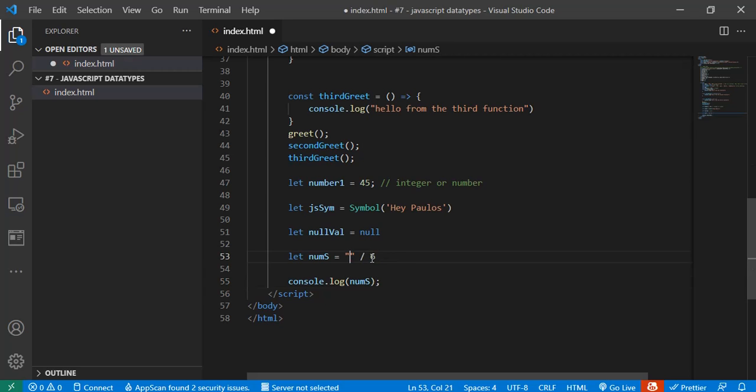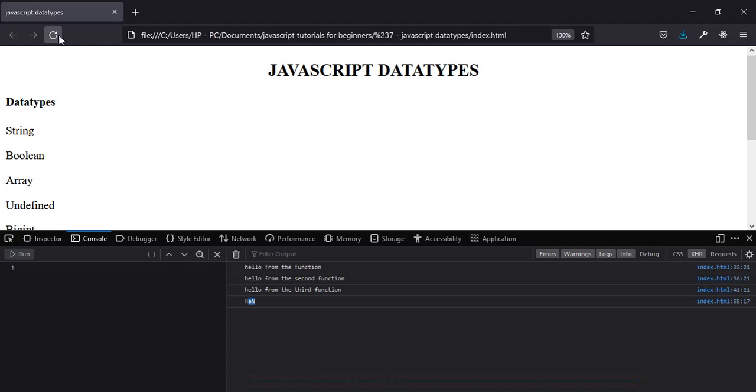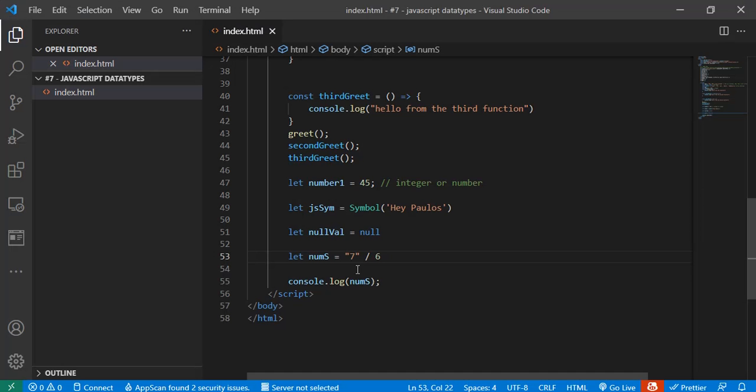But let's try to divide a number inside a string. I can see it's going to divide it because it's going to automatically convert this string. It will convert it to an integer and divide it, because we are dividing an integer inside a string. A number that is a string, we are dividing it by an